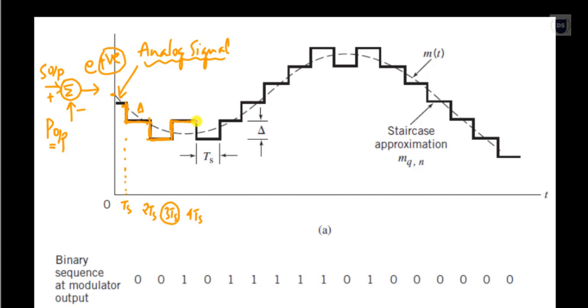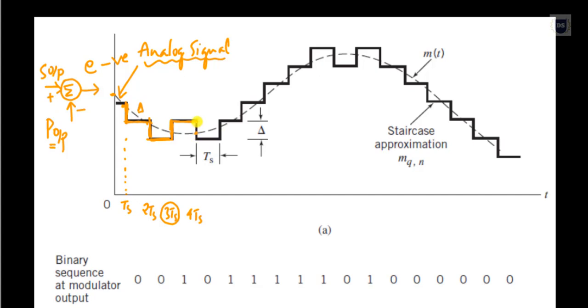And when we receive our fourth sampled output, now we can see that this dotted line is at a lower level compared to that of this, and this in turn results in a negative error value because our predicted output is at a higher level whereas our sampled output is at a lower level.